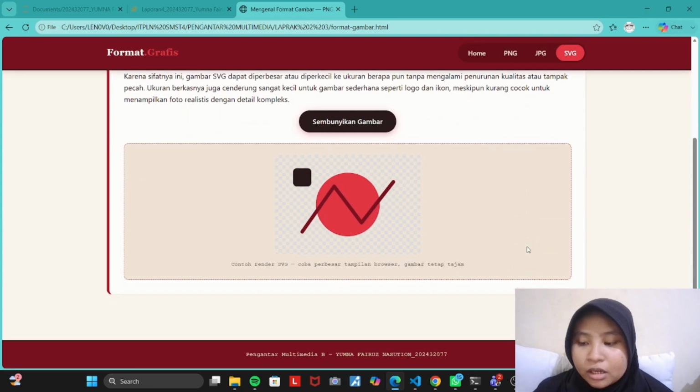I think this approach allows users to interact with the website without reloading the page. Overall, HTML builds the structure of the website, CSS creates the visual appearance and responsive layout, and JavaScript provides the interactive functionality. These three technologies work together to create an educational website that is simple, responsive, and easy to use.